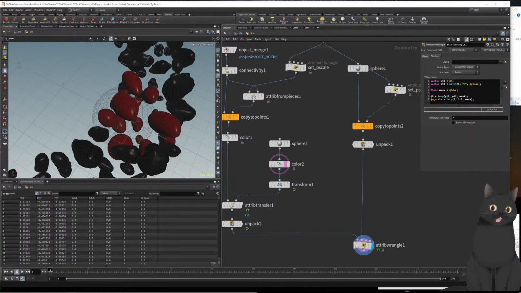You can find that in my previous tutorials. Then we need to pack that for our RBD simulation. So I'm using